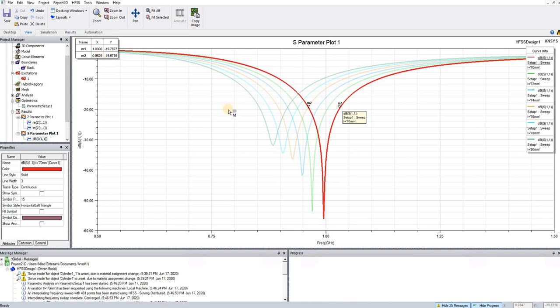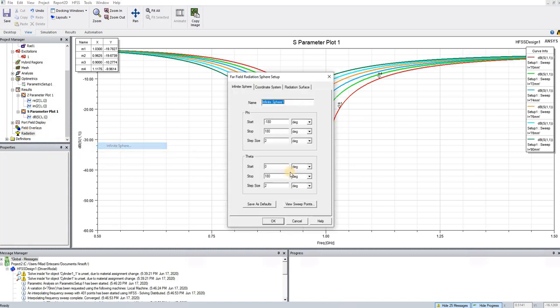bandwidth of minus 20 dB, or you can add delta marker to see the exact value of the bandwidth of minus 20 dB or minus 10 dB. Minus 10 dB is okay, and it's about 200 megahertz bandwidth. This type of antenna has about a 200 megahertz bandwidth. Or I should